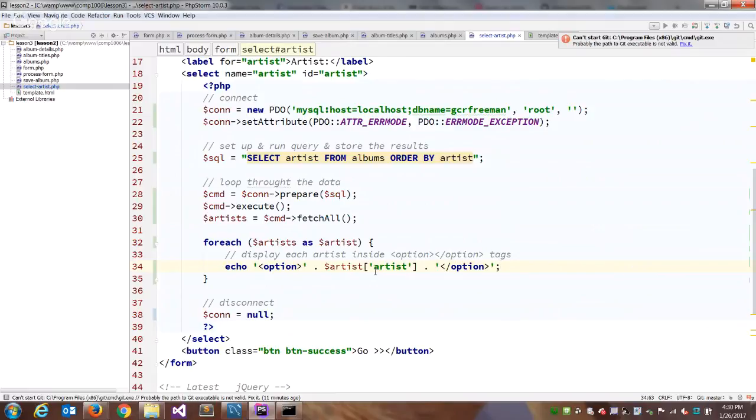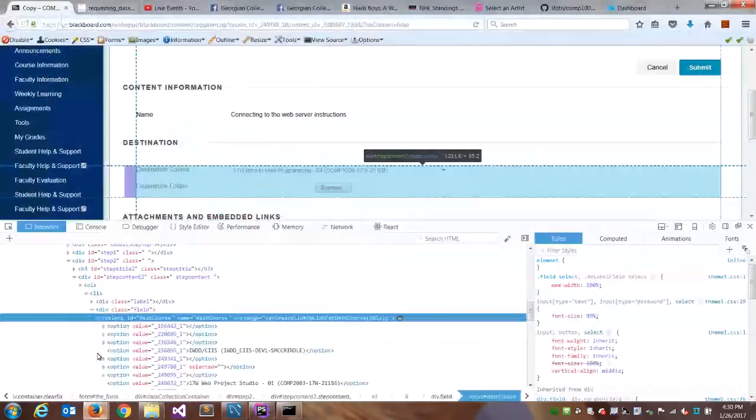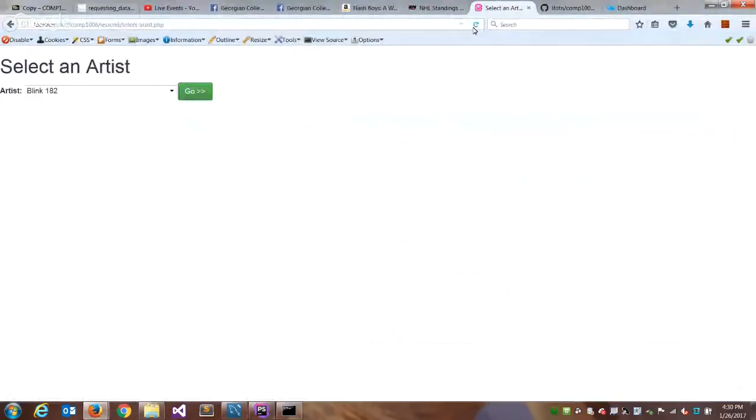So you can save your page, you can reload it, and we'll see if we did it properly, if anything shows up in our dropdown. Is that it? That should be it. Good. So now when I refresh, my list is populated